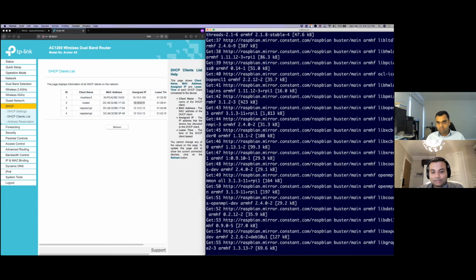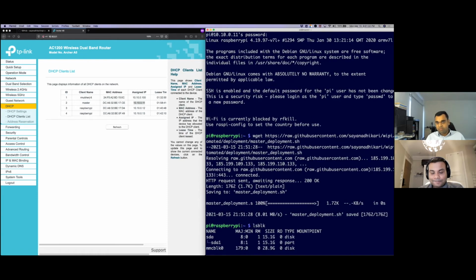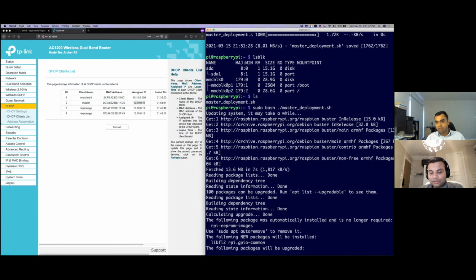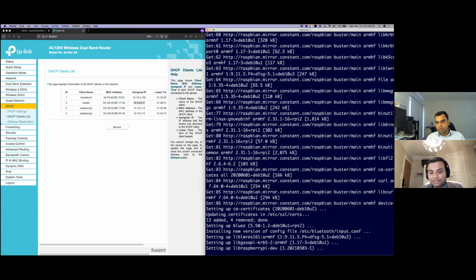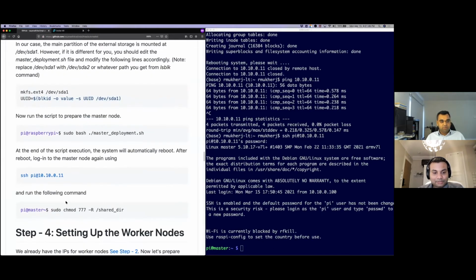Maybe we can just check it out. Earlier it was the default hostname, pi and raspberry, and now we have a different hostname, called master. Now we need to prepare the nodes as well. But before that, maybe we should run this command. You can note the difference here: in the script we had written pi and raspberry, and now we have master. And we need to do this